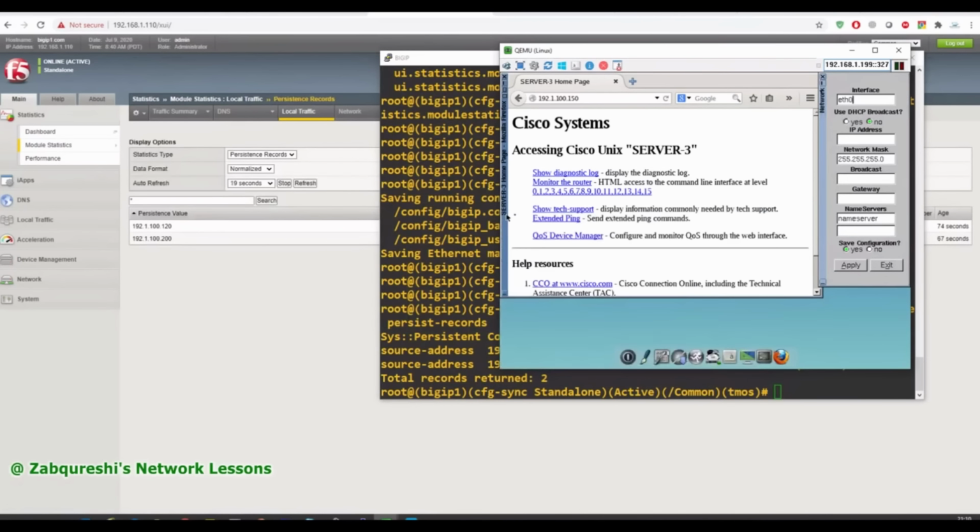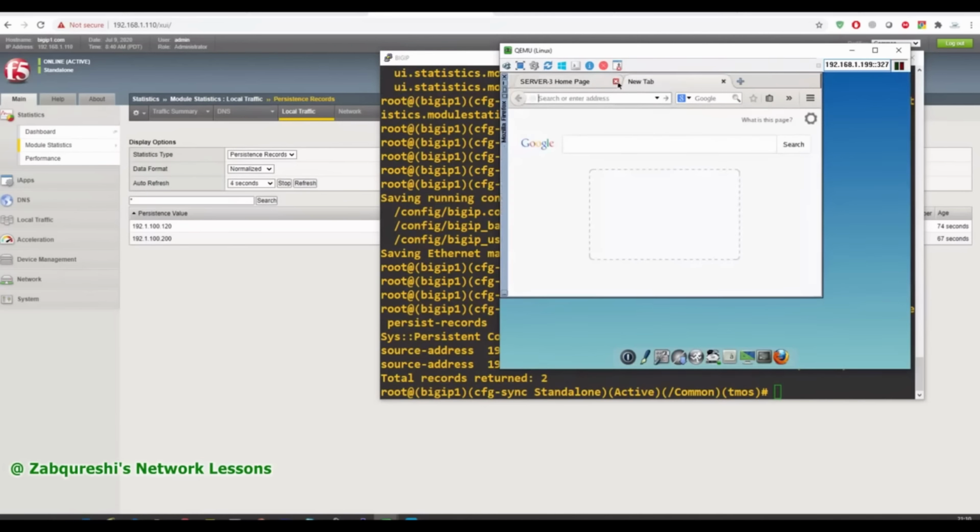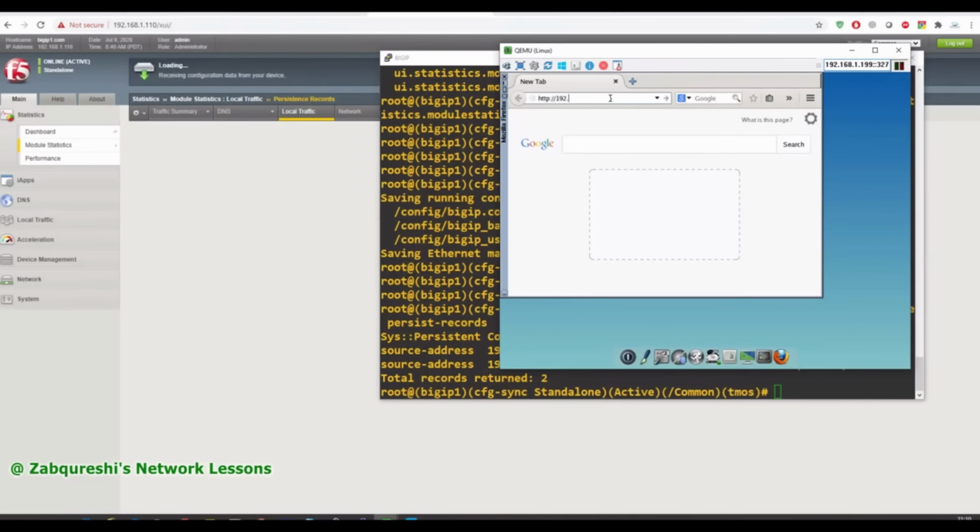So let's change this to say 192.168 or not, 168.1.100.99, right? So I've changed the IP address, right, and apply the exit, and then I will again open this